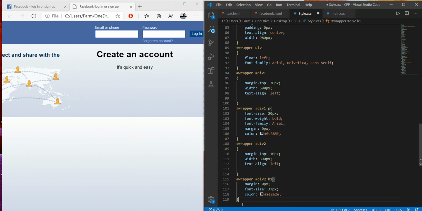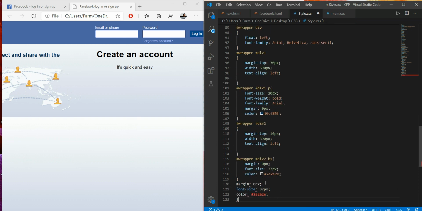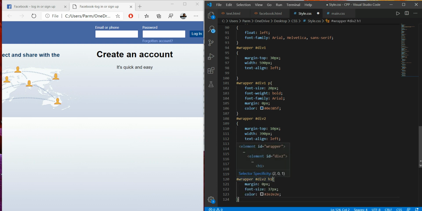Similarly I have to write it for the paragraph, so I'm just going to copy it from this, Control C, and paste it over here, Control V. Copy it from this section, Control C, Control V, and instead of h1 here we have to write p.